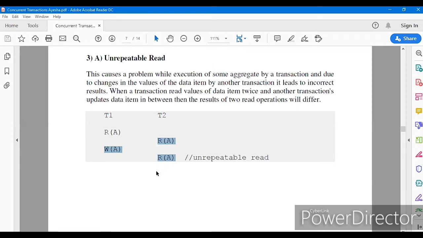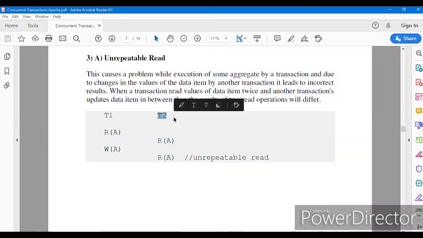Why is this happening? Say here the value of A is 5. Then after the write it becomes 10. And since this is not committed, suppose there was a power failure. So what value will this read? If there was no power failure, then it's okay. But if there was a power failure, then this would read 5. If there wouldn't have been a power failure, it would read 10. Even with a power failure, we are not sure whether the write operation was performed or not. If there was no power failure or crash, here the value of A would be 5, and here the value of A would be 10.